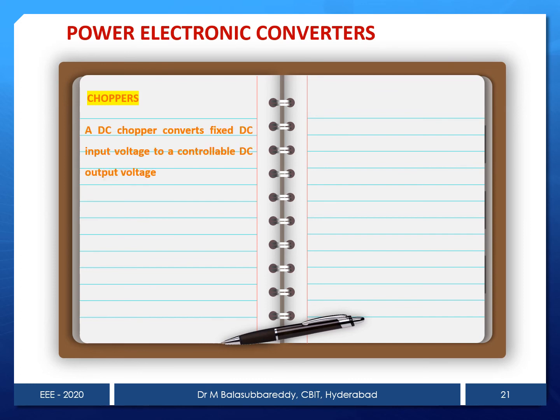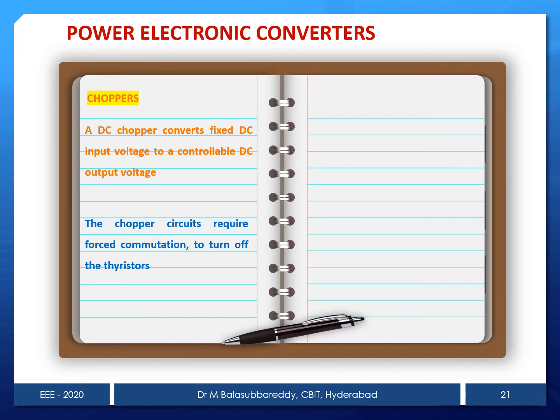Another one is the chopper. What is the function of a chopper? It converts fixed DC to variable DC. So the input will be a DC supply, and the output also will be a DC supply. The chopper circuit requires forced commutation to turn off the thyristor. As already mentioned, to turn off the device we require commutation, either natural commutation or forced commutation.